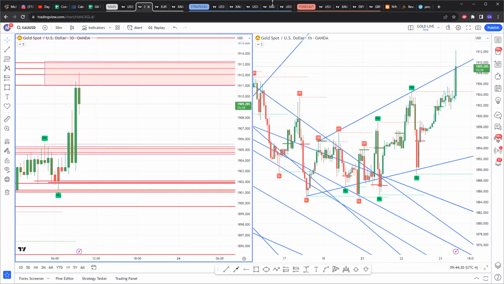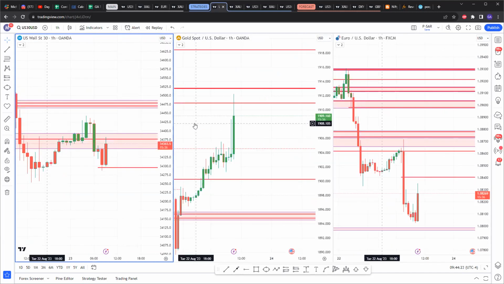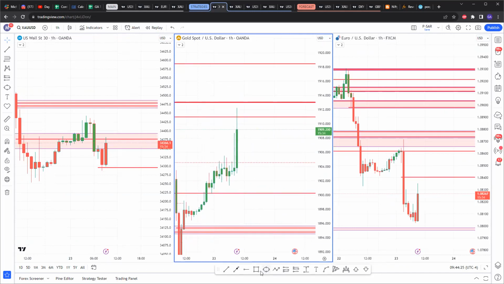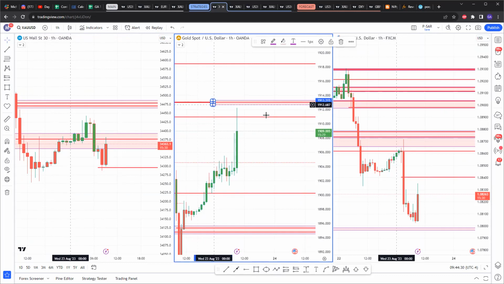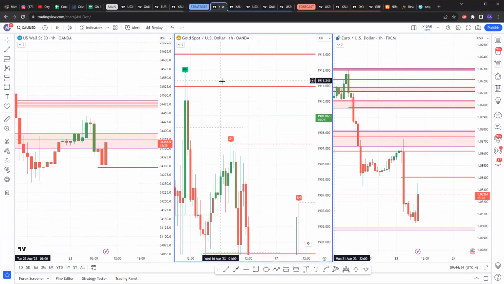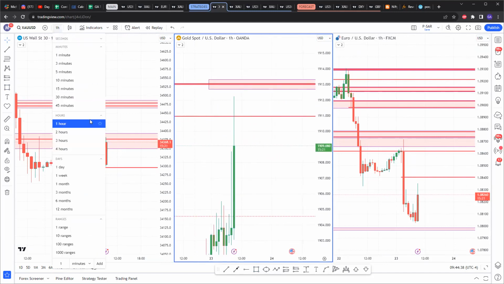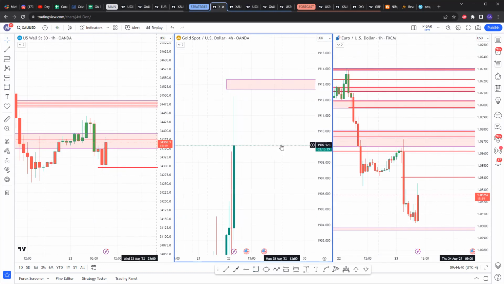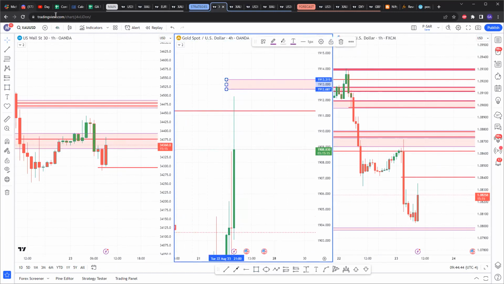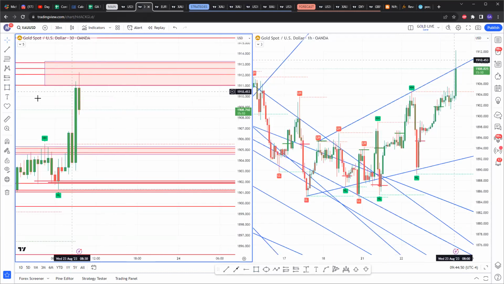Personally, I only trade the 1-hour and 4-hour, that's where my entries are. For me to even think of selling gold, it would have to test and reject here, because this, on the hourly, is the only zone that has double SARs. On the 4-hour, there's nothing. So based off of how I trade using the 4-hour and 1-hour, I do not have any entry on gold. Now if you go down to the 30-minute, I've just shown you guys on the 30-minute here,